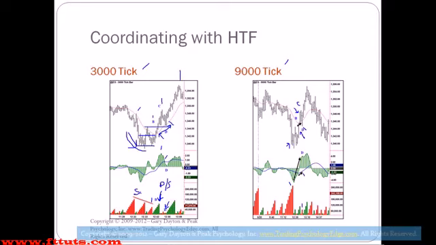So that's coordinating these two charts. And Gajendra asks, is there only one parameter for the Weiss wave? No, there are a few different parameters, but that's the main one, is setting the wave size. When I say there are more parameters, so you want to set the wave size, and what the wave size is